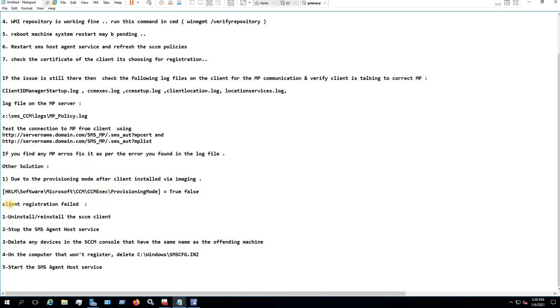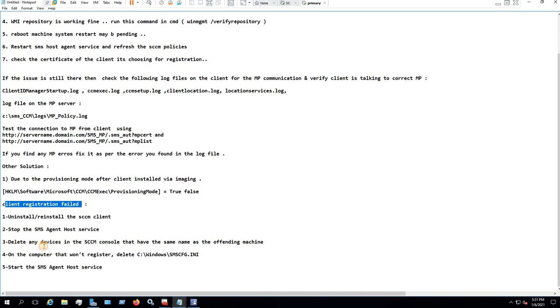Alright. Second, you might find an error in ClientIDManagerStartup.log related to client registration failing. If you encounter this error, then it could be because there is a duplicate entry of the device in your SCCM console.